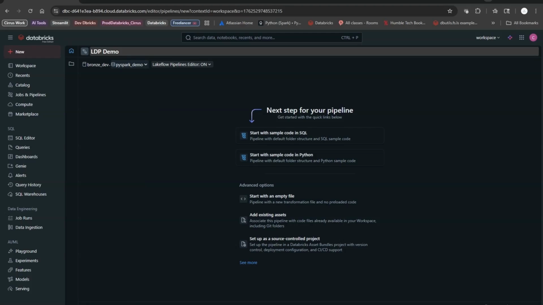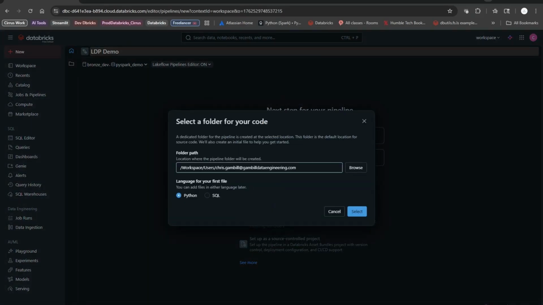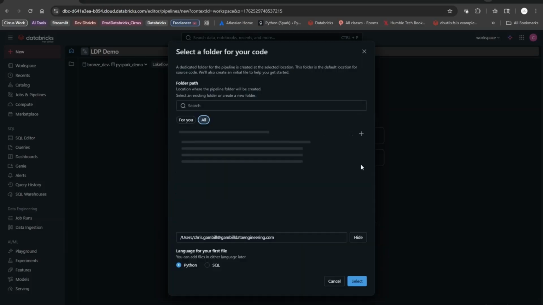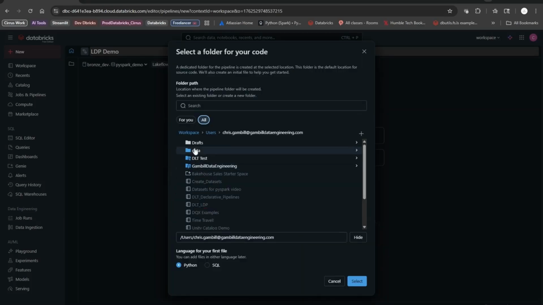You wouldn't just import 1 year at a time, right? It would just because I already have a CDC bronze table in here, I'm going to change it to 2024 just for the, we're going to create our streaming table. And you'll see that we're passing in our target table name here, and you'll see that under bronze dev, PySpark demo, and you'll see the 2024 with all of our sales data